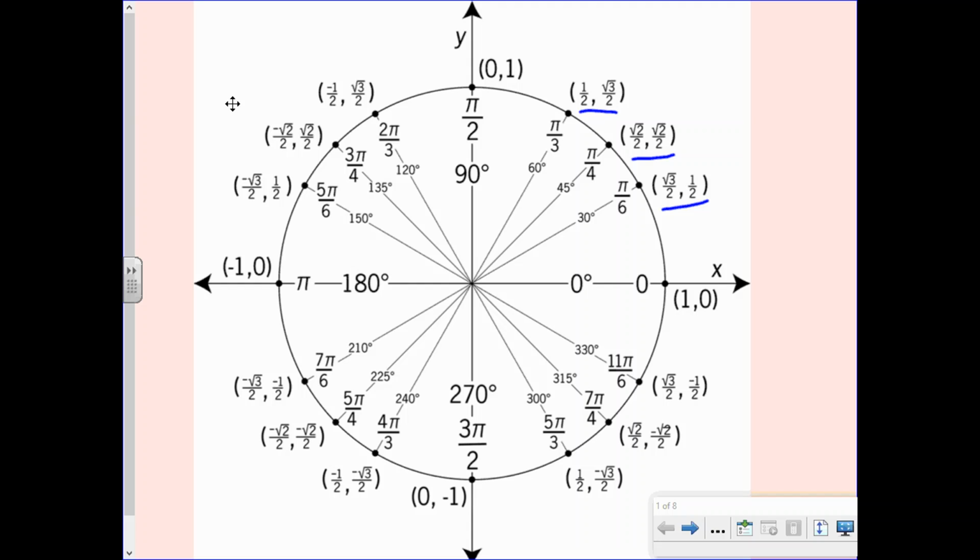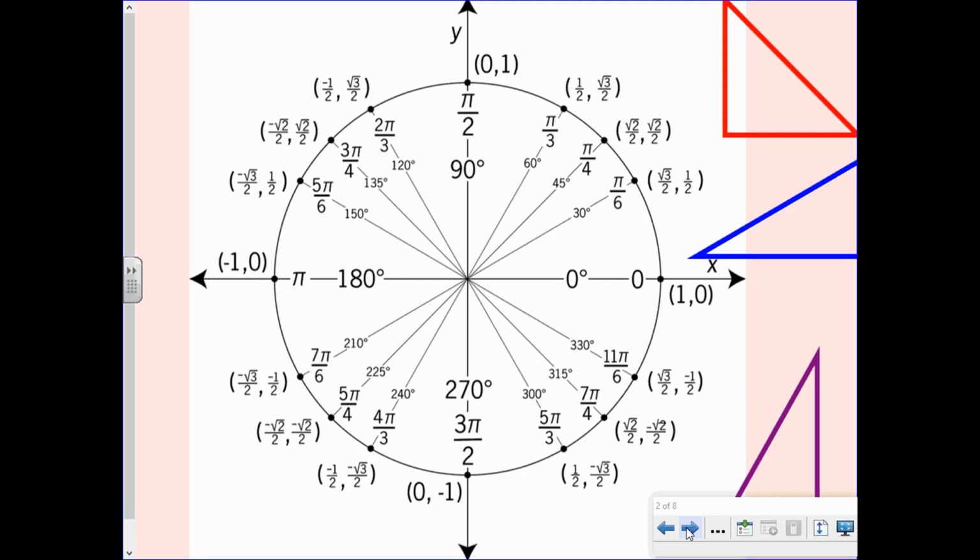I am going to put a link in the description for one video that I like in particular that gives you a funny little jingle to remember the degrees and radians if you're having a hard time with that. But I'm just going to talk about the cosine and sine values on the outside and where those numbers come from. So I'm going to go to my next screen here, and I've got the same circle just with some